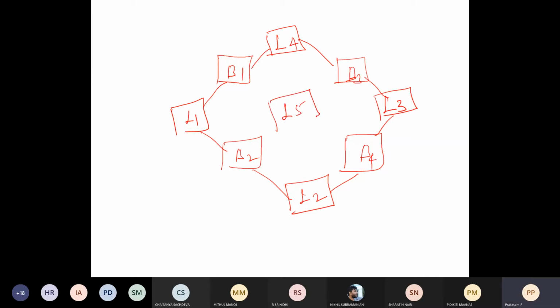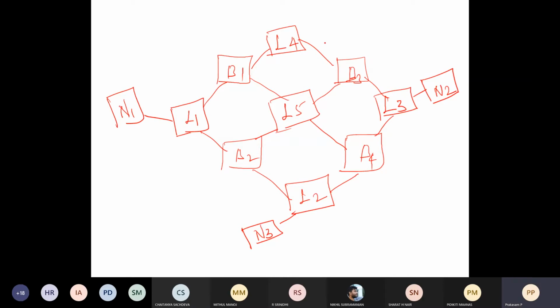LAN 5 is connected diagonally. Then to check the performance, we need a few nodes. Let us assume node 1 is connected in LAN 1. There is no node in LAN 4. In LAN 3, node 2 is connected. In LAN 2, node 3 is connected.